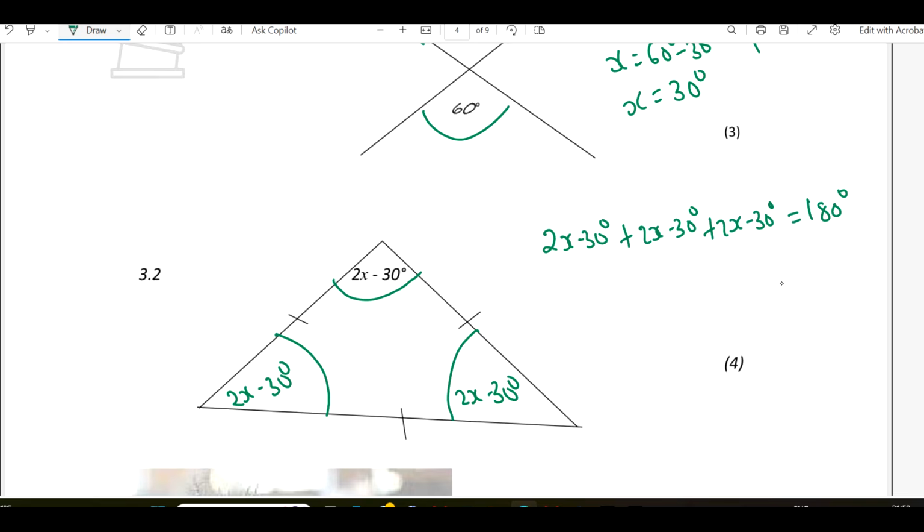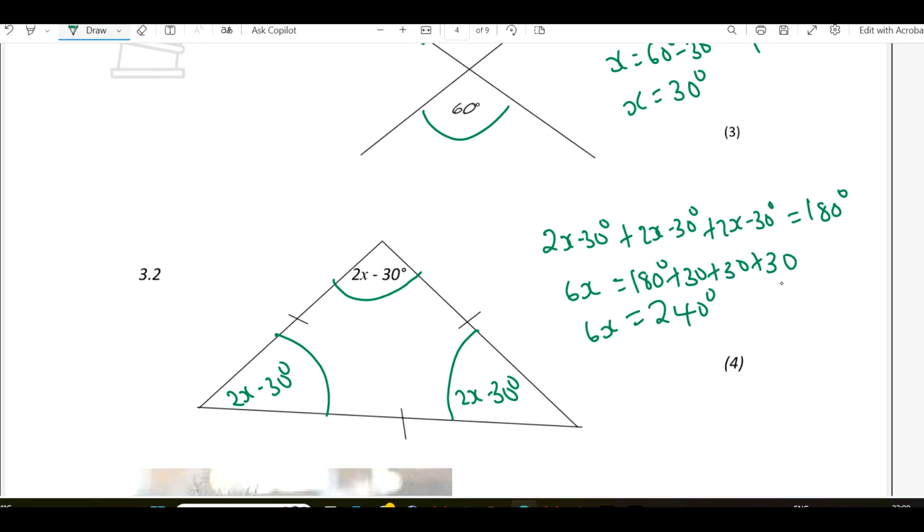Let's add our like terms. 2x plus 2x plus 2x is 6x. I will take the rest to the other side. Minus 30, it is going to change sign. It's going to be plus 30 plus 30 plus 30. 6x is going to be 180 plus 30 plus 30, which is